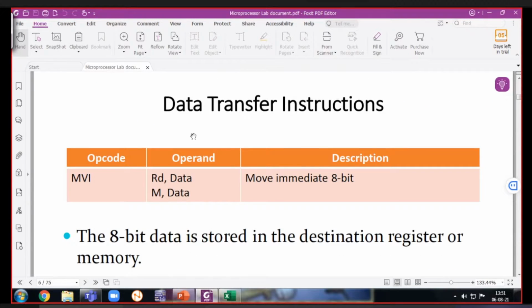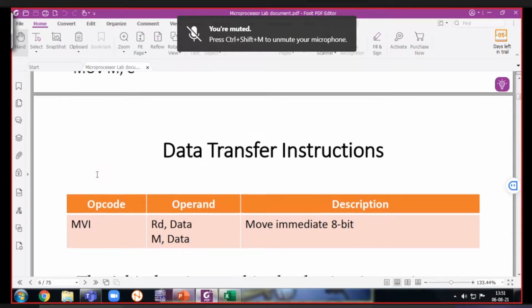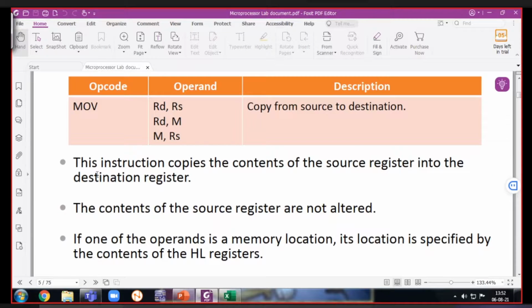Then comes the next instruction, that is MVI. Okay, so any query in move? Maybe not right now, but when we do programs there may be difficulty. But in case of move, remember this: between two registers, between memory to register or register to memory. And if we are using registers, it means we can move only 8-bit values. Check the compatibility of instructions also.